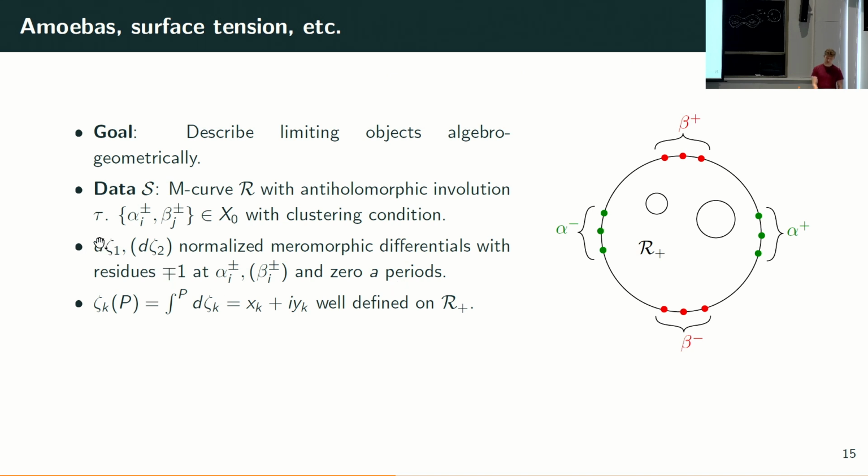I'm going to choose d zeta 1 to have plus or minus 1 residue at the alphas and d zeta 2 at the betas. This corresponds to periods in the two fundamental directions of my